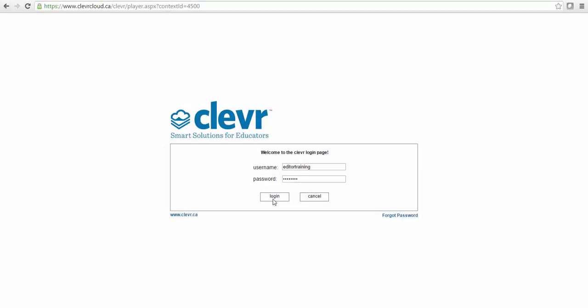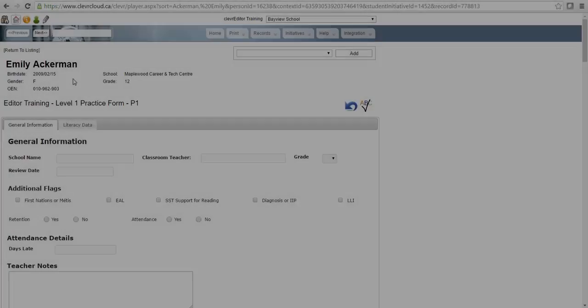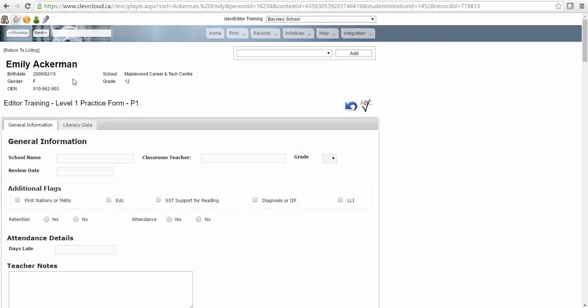Hello, in this video we'll be talking about how to add a new form within the Clever editor. The first step in creating a new form is to launch the editor from any form you have access to edit. You know you have access to edit a given form when you see the pencil icon in the top